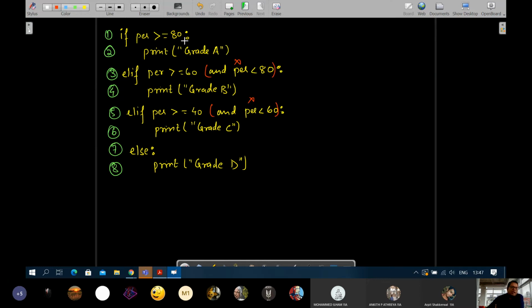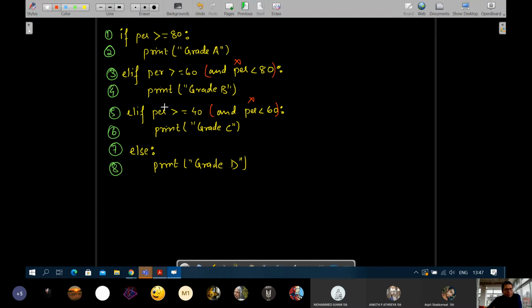Even if you mention it, the program won't be incorrect, but like I said, you will be decreasing the load of the computer, your execution time will improve, and of course I'll be more impressed. And that is also a good programming practice. So if you are coming to line number 3, that means obviously your percentage was not greater than or equal to 80. So why do you again need to verify this part? Because if this was false, then only it came down here. So this part is not required.